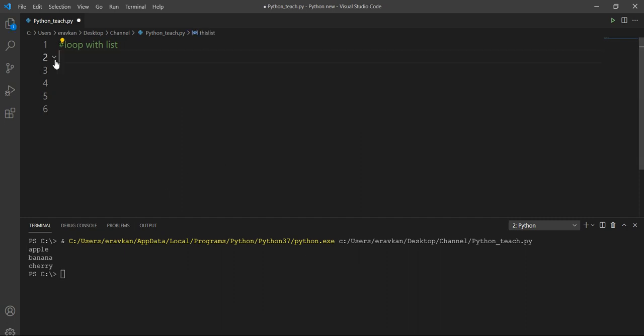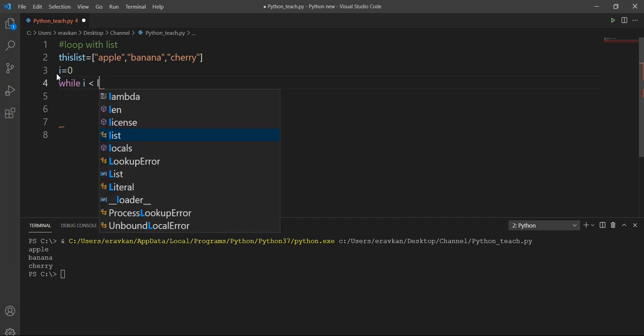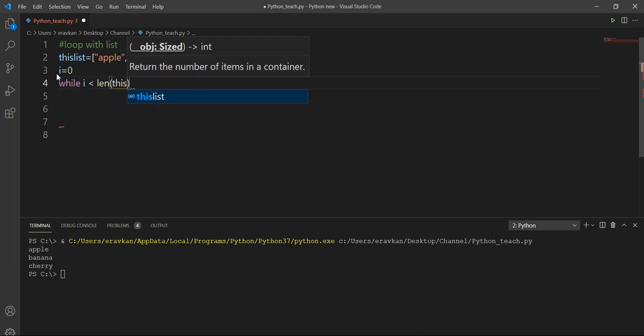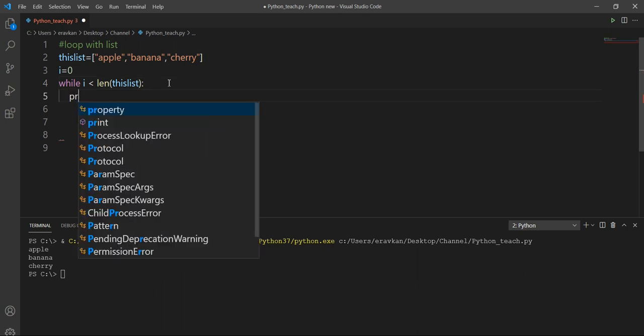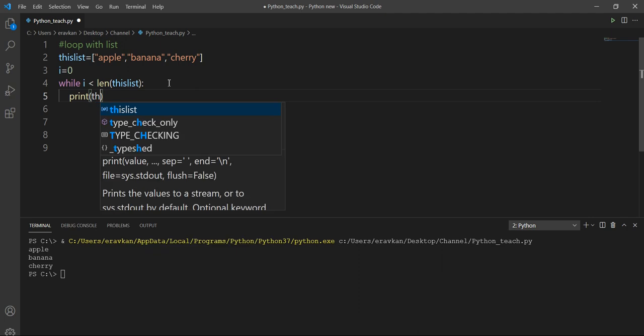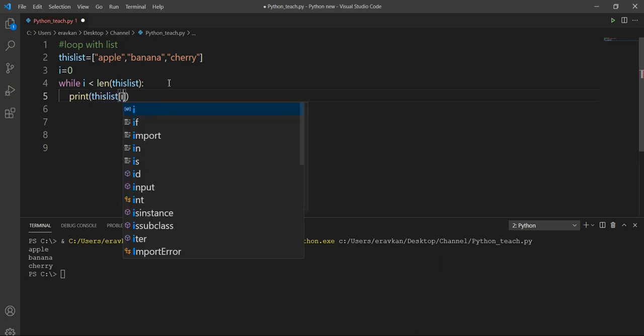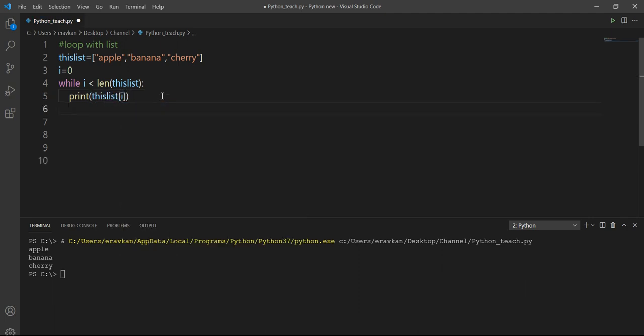Okay. You can also use the while loop. Let me take this loop example. I define a variable i equal to 0, while i is less than the length of this list, then print this list i, then I have to increase the value of i by 1.